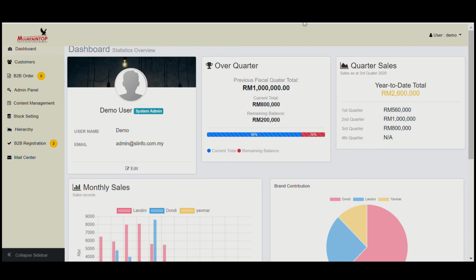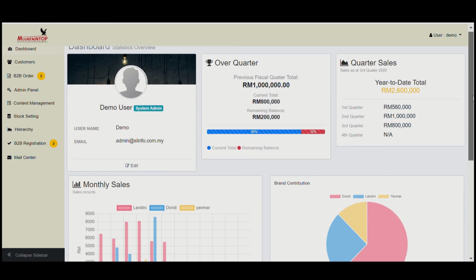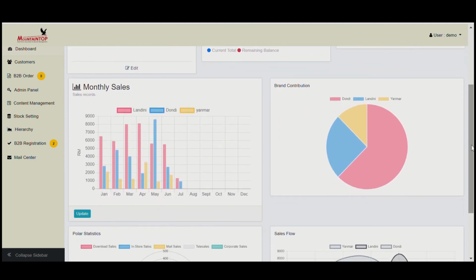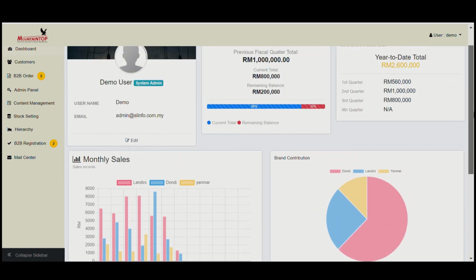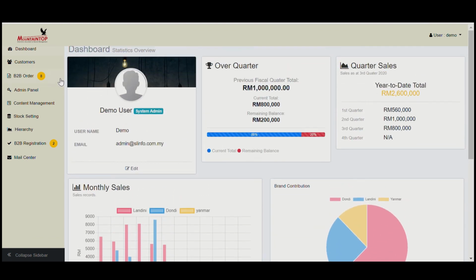This is the B2B dashboard function for administration. On the first screen here, what you can see is a lot of sales statistics, whether it is quarterly, year-to-date, the monthly sales, contribution by brand, and of course, sales by various channels. On the menu side, you can have a look at information pertaining to who are the customers that have been registered in the portal, all the B2B orders that have been entered by customers, of course, the administration functions,